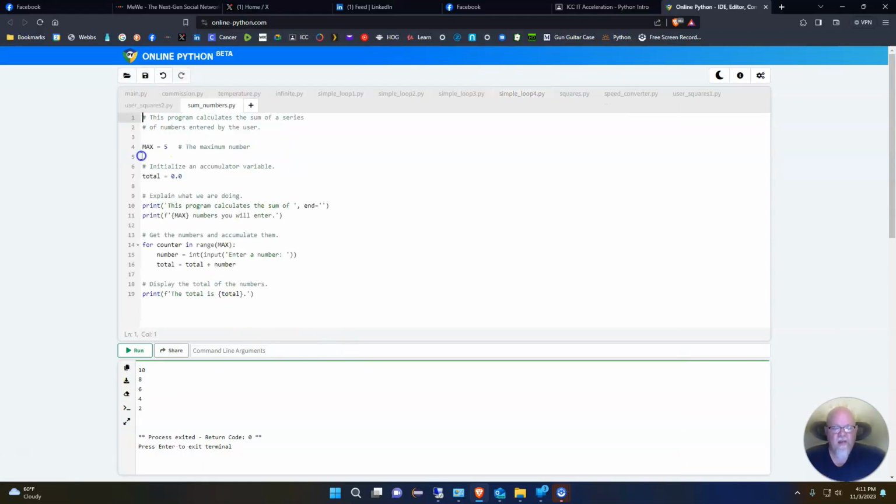And so here we have our constant called max. We set it to 5. We'll create a total, and whenever we have an incrementer, we want some kind of a totaling process, so we have to initialize it. In this case, we're going to initialize it to 0.0, so it automatically defaults to a float data type. So I'm going to say this program calculates the sum of,